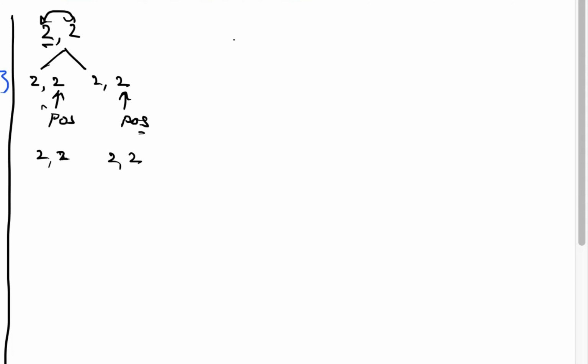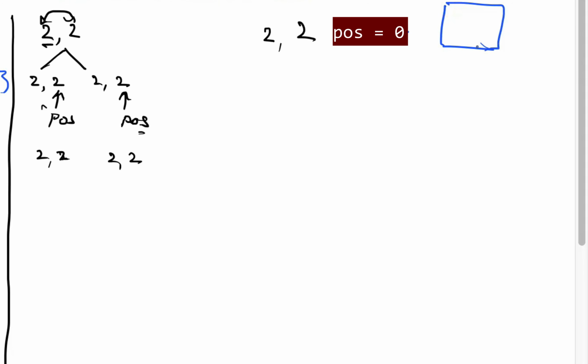Instead of doing this, we have this 2 2, and here the position is 0. At every instance of the function, we will maintain a hash map. This is more of a hash set than a map, because we just want to know whether a particular element is already taken or not. So we fix 2 at the first position, and we put this in a hash set, and then we call the function for 2 2 where position is at this point. Because position is at the last element, we will end up printing this. So one permutation which gets printed is 2 2.